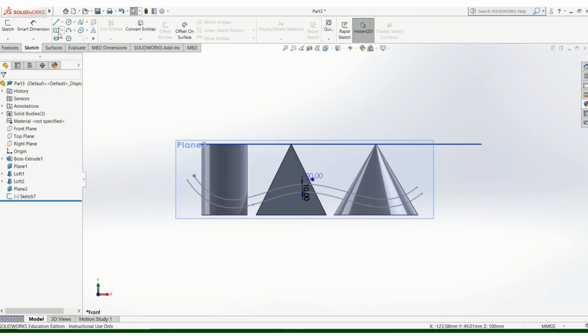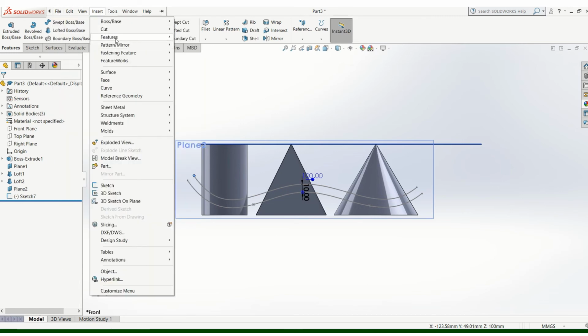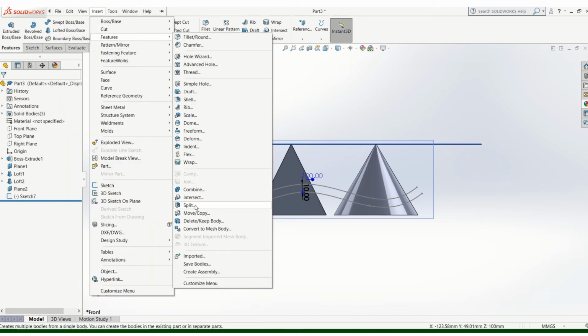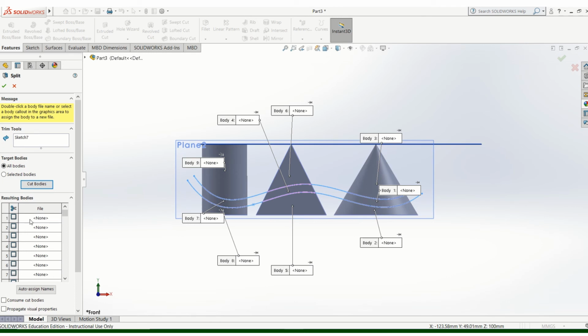Right, so I'll just work with the two of them, those two sketches will do for what I want to show anyway. So I'm just going to go there, insert features, split down here. So I want sketch 7, which is both of these splines. So I'm just going to say there to cut all bodies, and that's going to give me 3